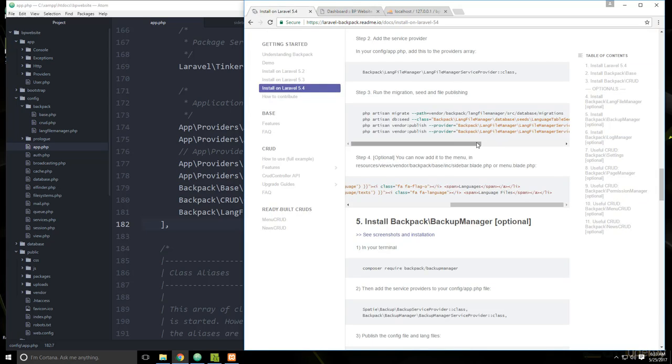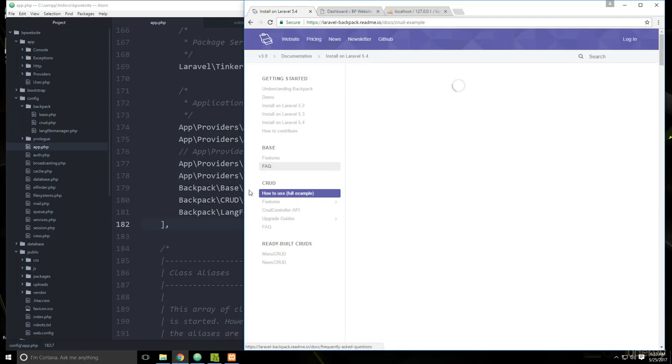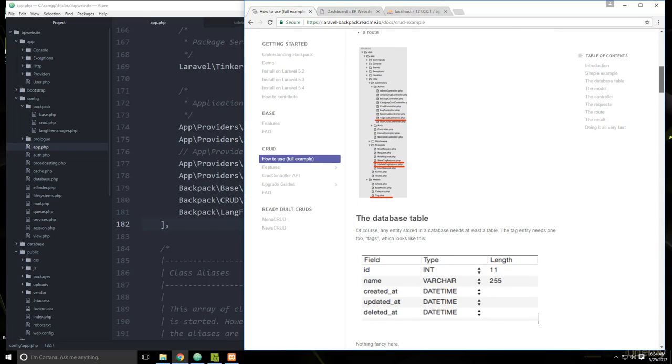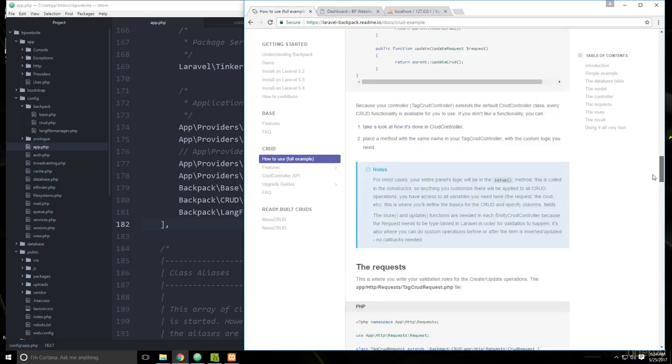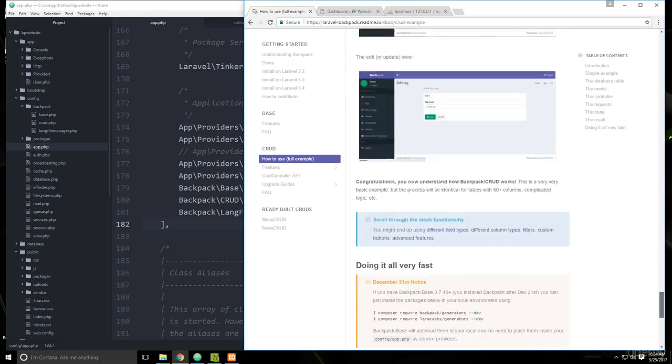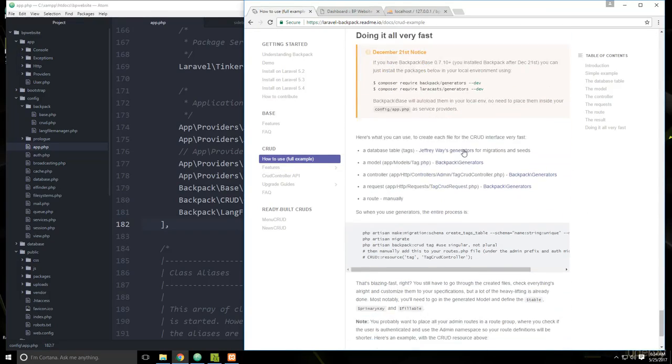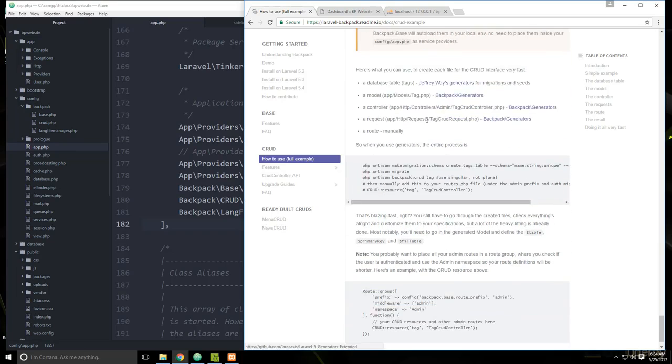So if we go back to the documentation and we go down to CRUD how to use full example, this will show you every file that you need to create and all that stuff, but we're going to do this using a generator. So if we go down to the very bottom where it says doing it all very fast, you can see that it's telling us to install the generators, which we've already done. And then if we go down here,